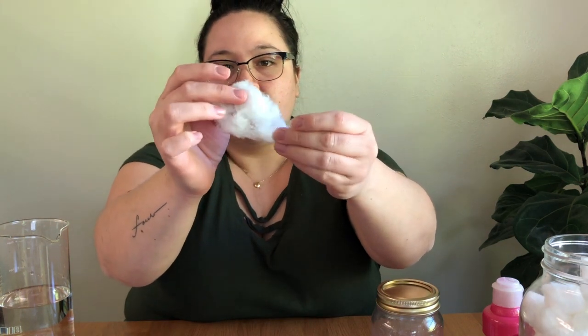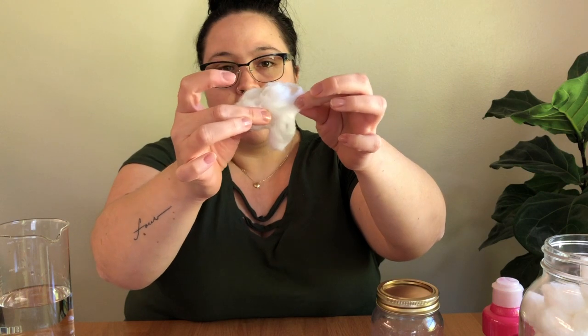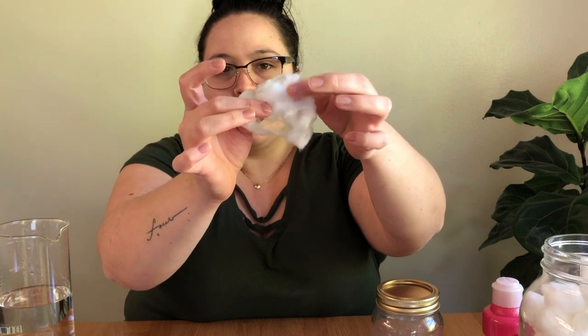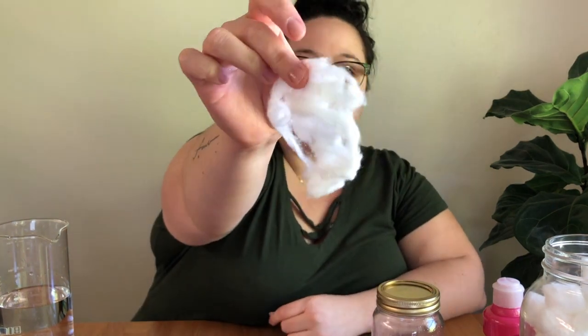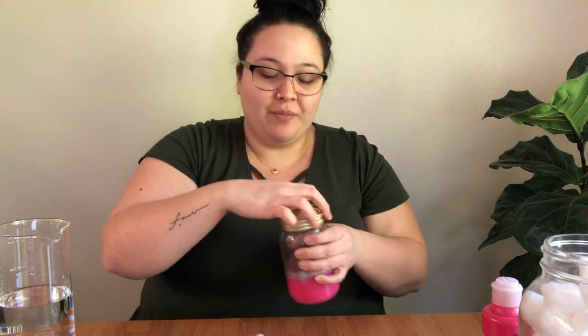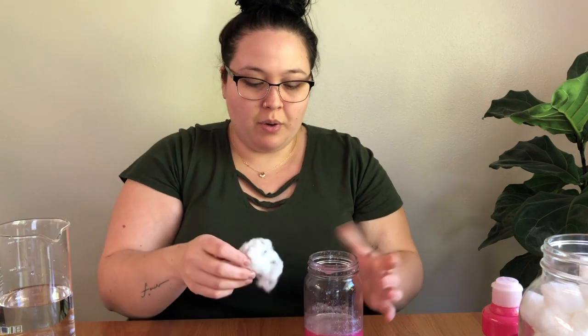Now, when you pull them apart gently, you can kind of unravel it a little bit. We want it to be just like that. And we're gonna add them, so it's okay if it looks like that. Nothing fancy, just pull it apart so it's not stuck in a tight ball that it comes in. So now we're gonna add it to our water. Okay, so I'm gonna put it in,